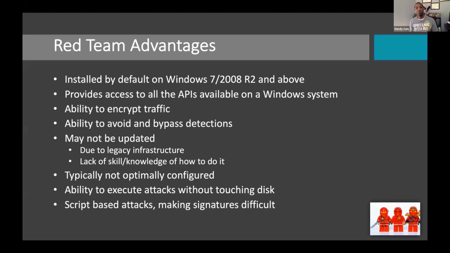Now, from a red team perspective, guess what? The first 3 bullets are the same. As a red teamer, if I don't have to bring anything, that's even better. If I can blend in and live off the land, why wouldn't I do that? Especially in a large organization where they may already struggle with what normalcy is in that arena. Again, same thing with the APIs. And then if I can encrypt my traffic, absolutely, I want to do that. I want to make it much more difficult for the defender.